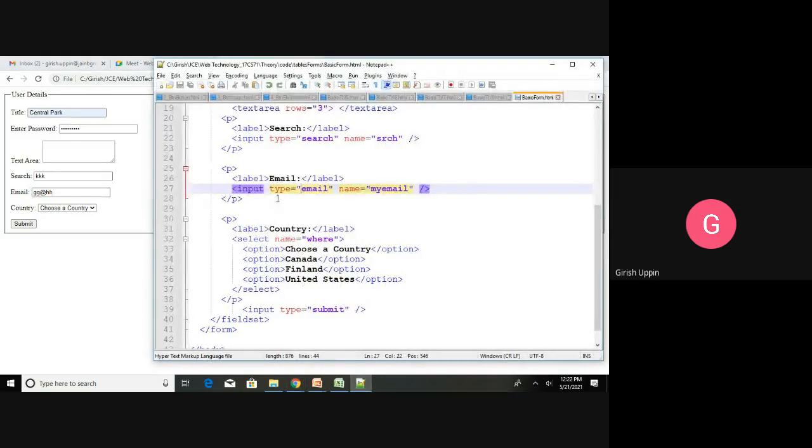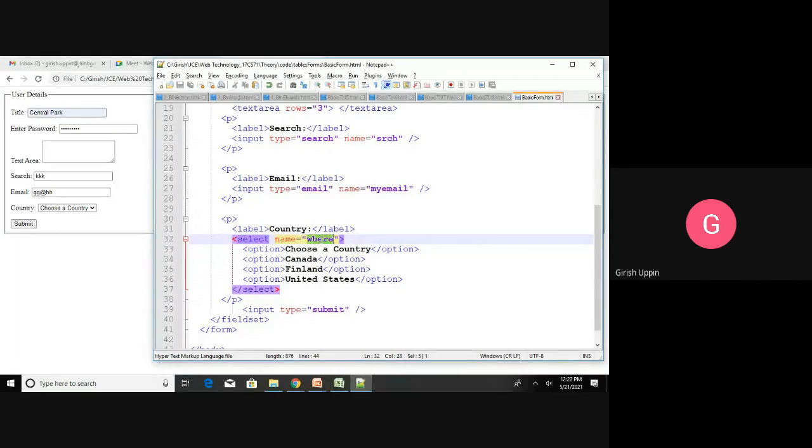Next, email is done. After the email, I have a label country. This is the label country, and I have this select control. Whenever you want to have a multi-option control, you can use the select. Inside the select, you can provide the options. This is the beginning of the select, and for this drop down we are calling it by the name where.